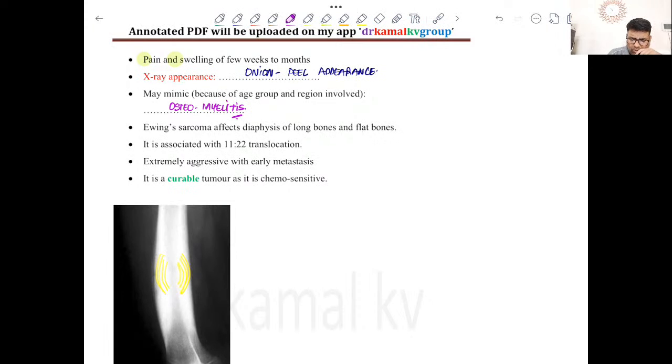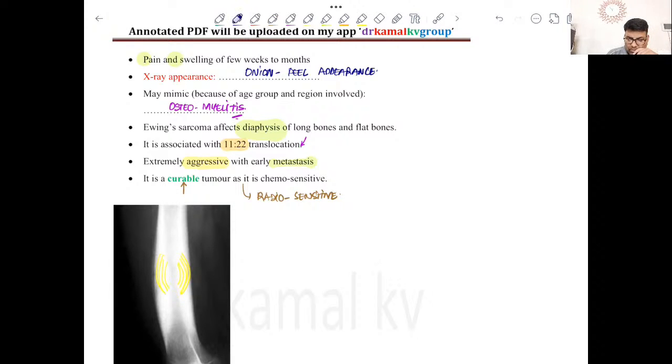Ewing's sarcoma, we already discussed, affects the diaphysis of long bones and flat bones, associated with 11;22 translocation, and this is also one aggressive condition. And when we say aggressive, it means it is very prone to cause metastasis. But the good thing is that it is a curable tumor because it is chemosensitive as well as radiosensitive,